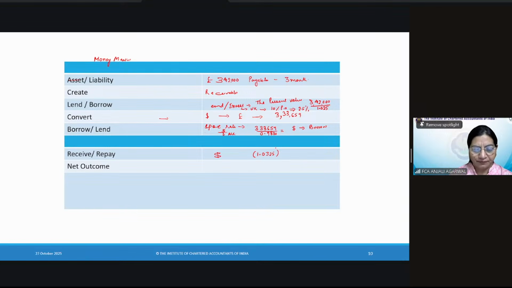33659 divide by 0.9830. You need to borrow 339429, or you can say 30. And when you will repay 3,39,430 together with interest,